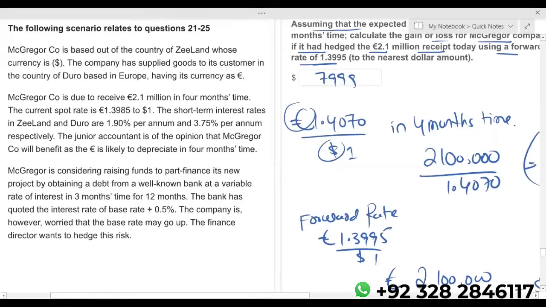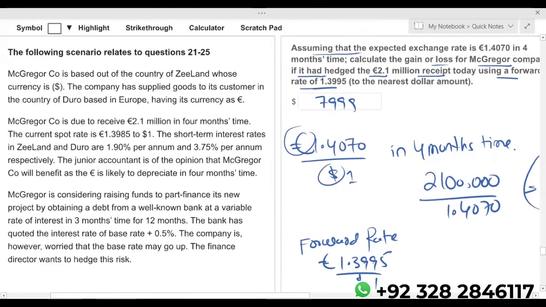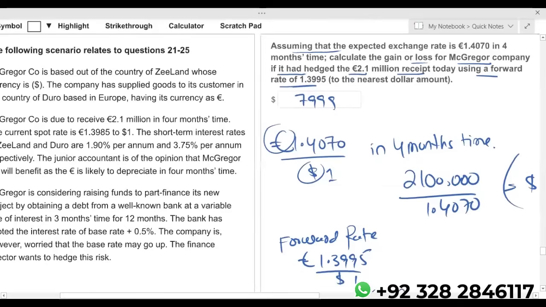Wow. The question has ended, and I would say a pretty straightforward question. A very basic understanding of interest rate hedges plus transaction risk. To be very honest, all those students who have seen my regular lectures could have done this very easily. No problem at all. I hope you like this question, and I hope you're going to have a more or less similar question in the exam. If this is the level of difficulty, getting 10 out of 10 in such a question is very, very easy. So thank you very much.